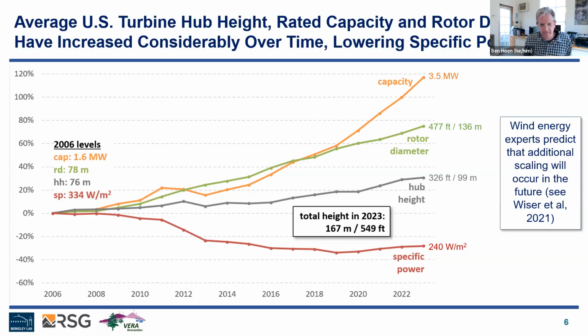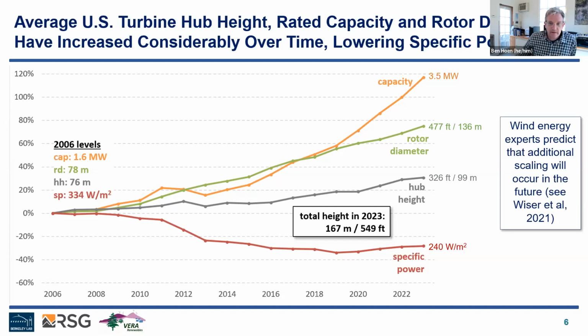As well, one other fact to note is that the specific power of turbines has been steadily declining, though relatively flat more recently, which is a metric to use as you think about the availability of that turbine to produce power and its efficiency. It's a sort of a metric for its efficiency.